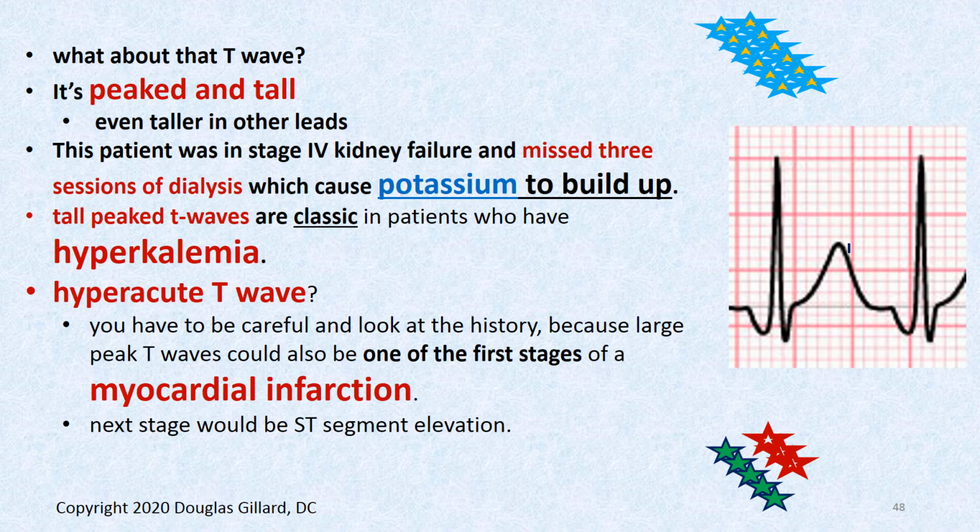So there are two things that can cause peaked T waves that you have to be careful with. One is hyperkalemia. If she has failing kidneys and she can't clear potassium out of her blood, she gets hyperkalemia. In fact, more history reveals she has stage 4 kidney failure and actually missed 3 dialysis sessions in a row. Dialysis does the job of your kidneys. It clears the hydrogen ion and potassium out. And she couldn't do that, so she built up potassium, and that sparked this